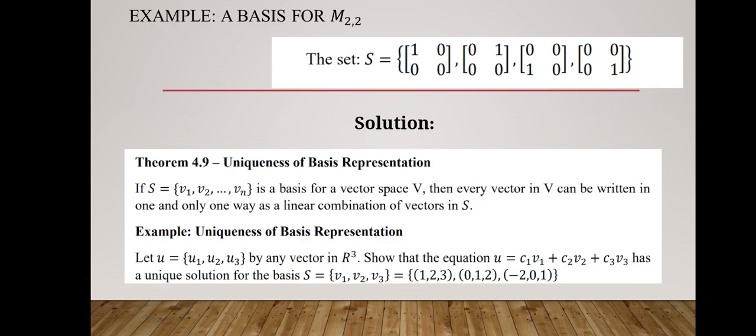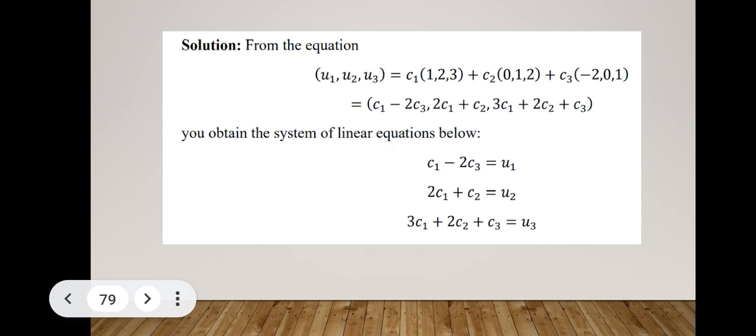So, we need to show that u is equal to c sub 1 v sub 1 plus c sub 2 v sub 2 plus c sub 3 v sub 3 has a unique solution for the basis S. And that S is equal to v sub 1, v sub 2, v sub 3, and that is equal to 1, 2, 3, 0, 1, 2, negative 2, 0, and 1. Solution, from the equation u sub 1, u sub 2, u sub 3, we can see that c sub 1, 1, 2, 3, plus c sub 2, 0, 1, 2, plus c sub 3, negative 2, 0, 1,